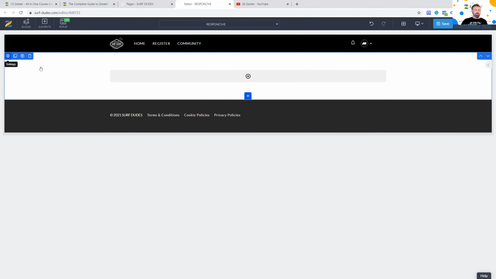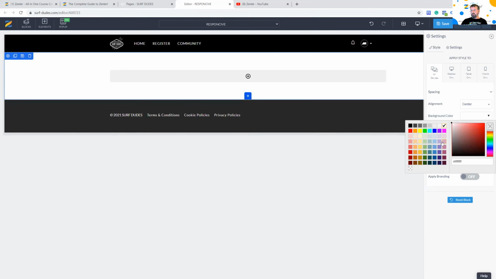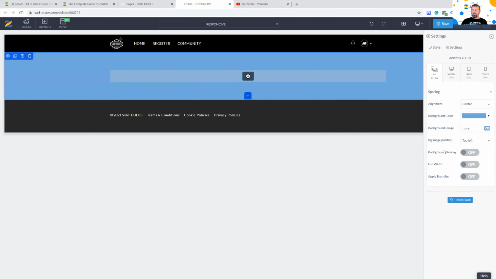Now let's go in here and give it a colored background. I'm just going to go for this blue color. Inside the block elements, you're going to see that you have background overlay. If I put an image in here, I could put the overlay color and give it an opacity. I could also do this full width as well.